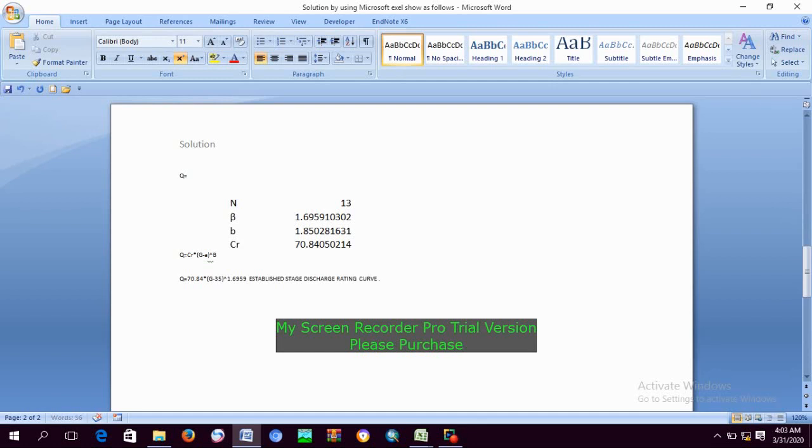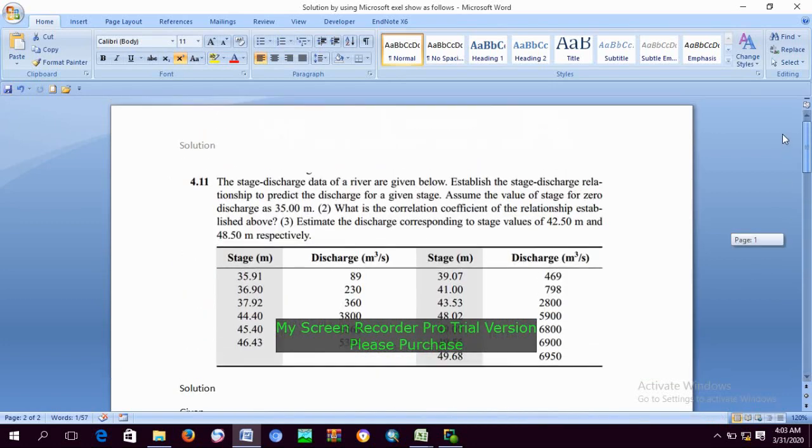This is the relationship that expresses stage and discharge. By using this relationship, we can determine or predict any discharge at a corresponding given gauge. For example, from our question,